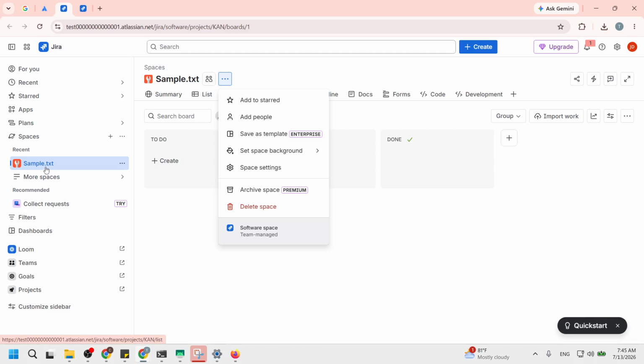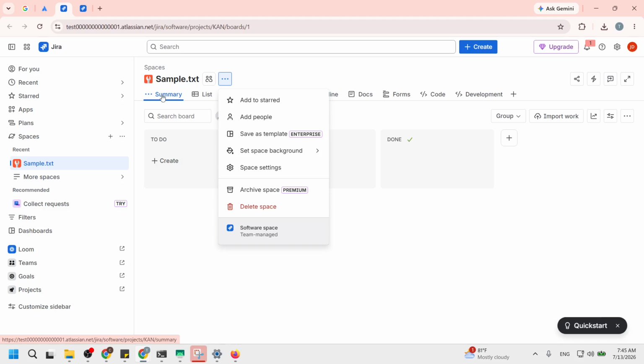Now open your chosen space. On the left side of the screen, you will see a list of spaces you have access to. Click on the space you want to check permissions for. This action is vital because it narrows down the permissions to a specific area where your team works. You will notice the space's overview, recent activity, and other relevant information displayed on your screen. This helps you focus on the specific space and its settings.